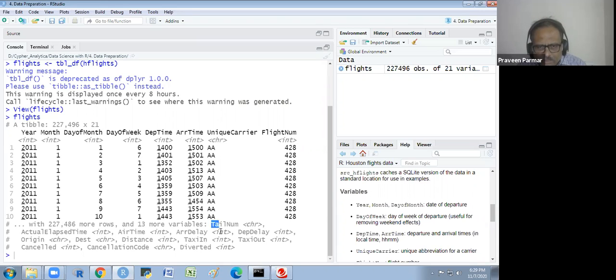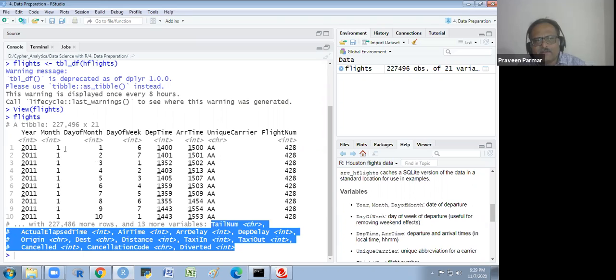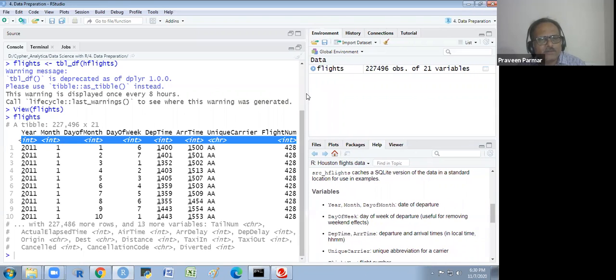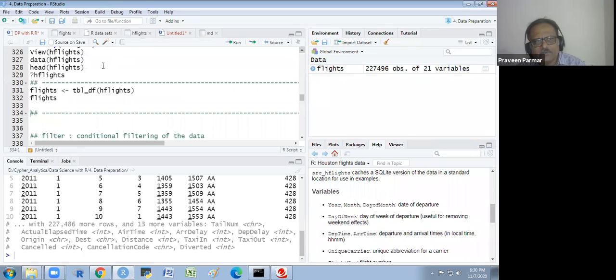And the names of those variables and their class is also given everywhere, integer or character, whatever. Got it? Yes, sir. So sometimes we have big data, then we prefer this table. It saves us lots of time.